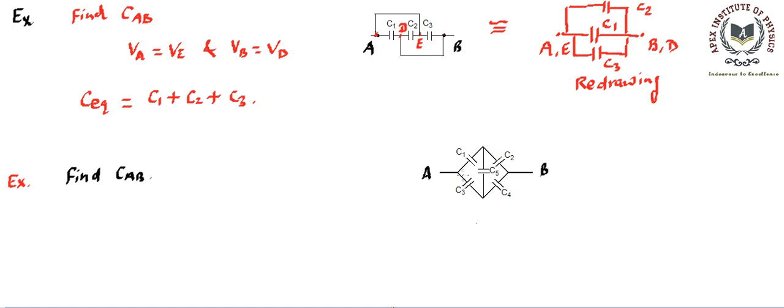And if we start by looking at whether some capacitors are in series or some are in parallel, you will find that neither of the two is visible. For them to be in series there has to be the same charge flowing, but we are not sure. Similarly, we are not able to identify whether any two are in parallel. So here series, parallel or mixed combination we are not able to decide. Then we will try to redraw it.